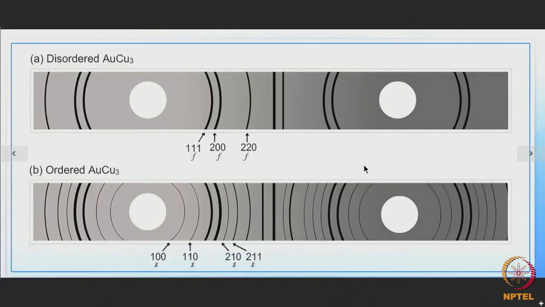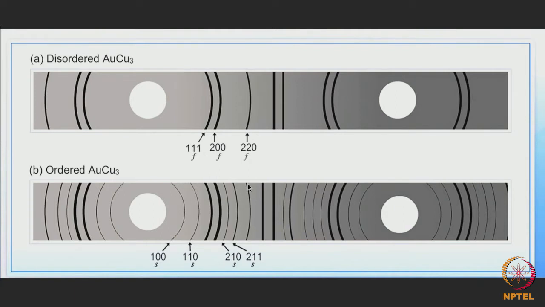The diagram here shows the X-ray diffraction patterns taken from a disordered AuCu3 and ordered AuCu3. Now, if we examine these two patterns, we will find some of the lines are common to both. Say for example, the line here, the 1 1 1, this 2 0 0 and this one 2 2 0, they appear in the diffraction pattern for the ordered AuCu3